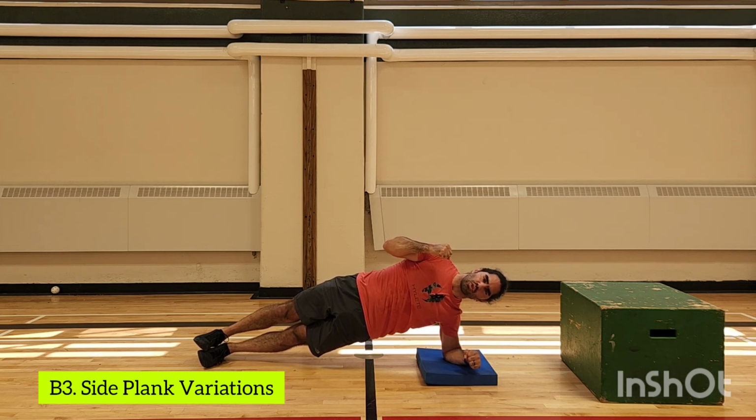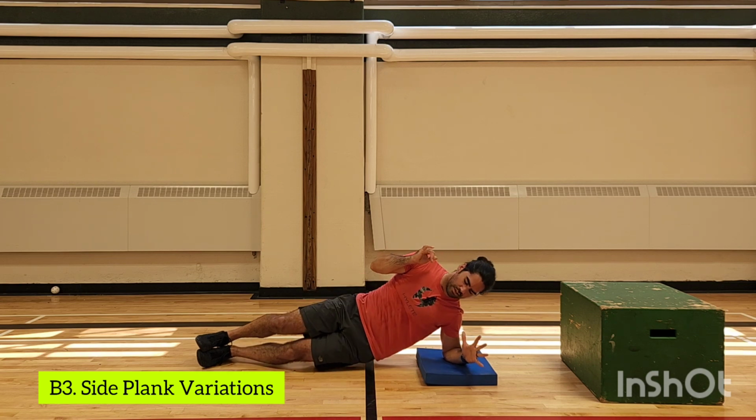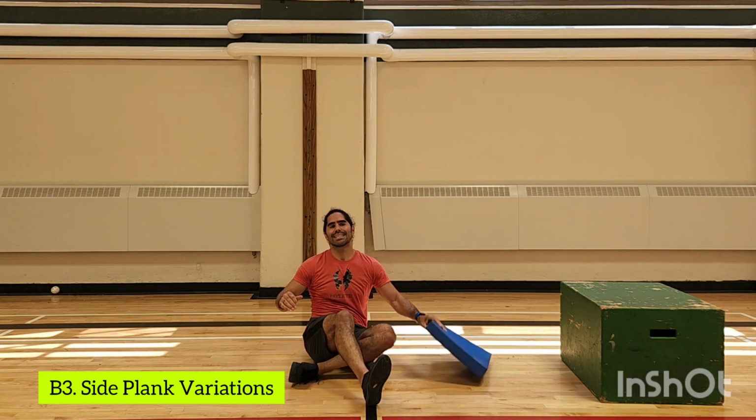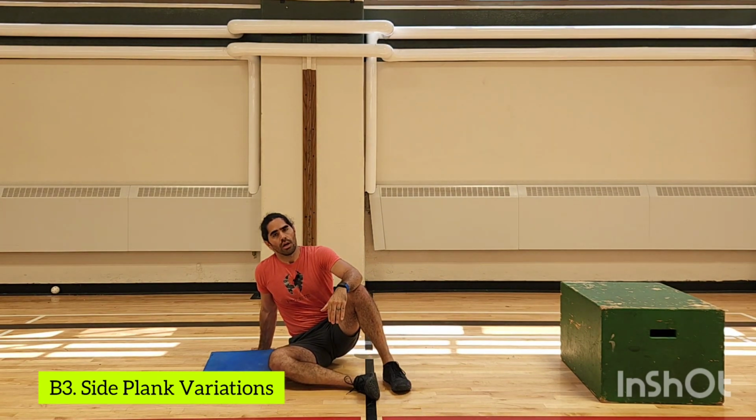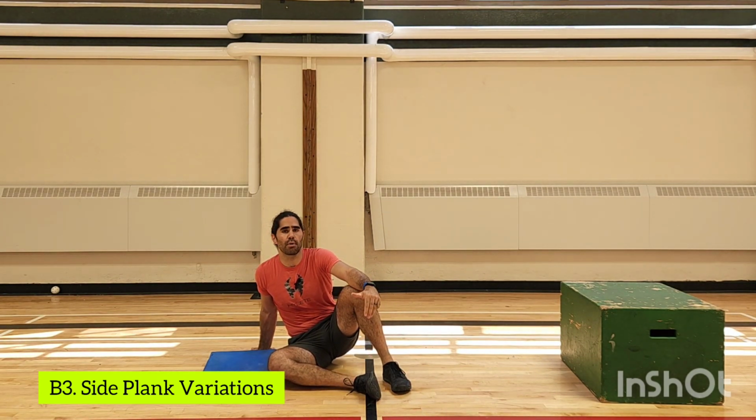10 deep breaths. Lower, 10 deep breaths on the other side. Okay? Weeks 1 and 2 are 10 deep breaths. Weeks 3 and 4 are 12 deep breaths. If 10 deep breaths becomes too easy, all you're going to do is go to one of the harder variations